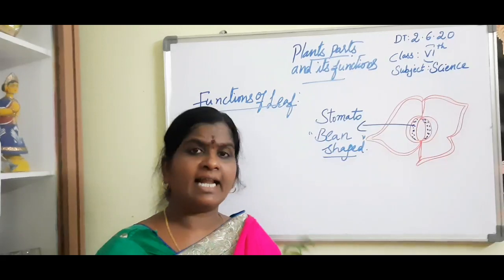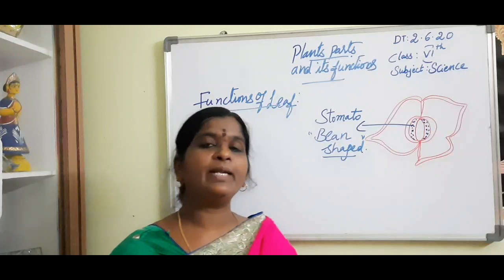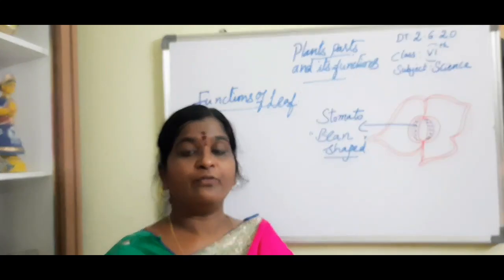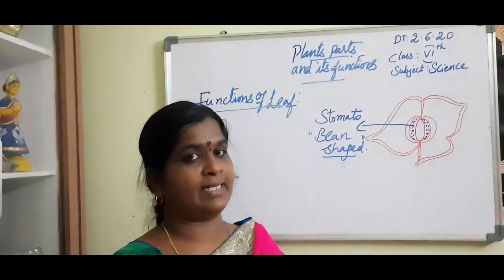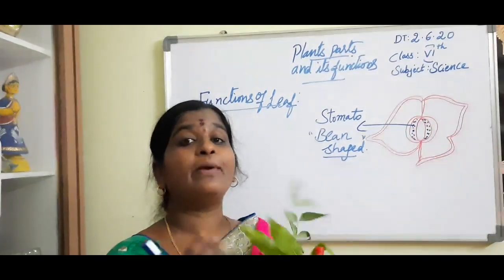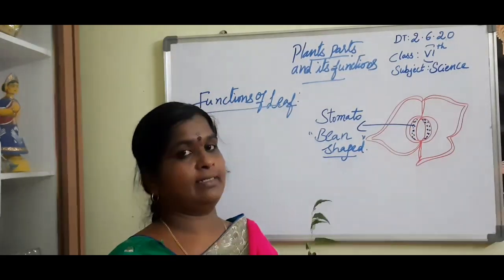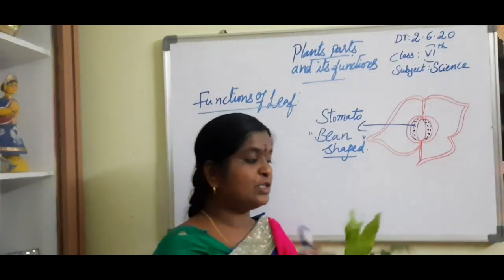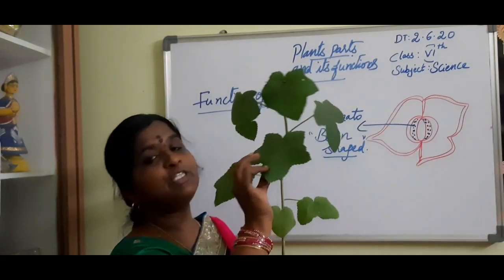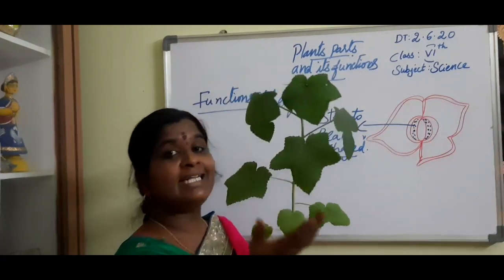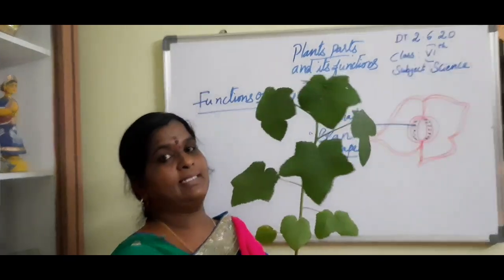Plants also breathe like us. Do you know, children? Plants also breathe like us. See how we breathe. We respire with the help of the nose and the lungs. Exchange of gases takes place. We take the important gas, oxygen, and we release carbon dioxide outside. So that carbon dioxide is consumed by whom, tell me? These plants. The plants consume the carbon dioxide and they release the oxygen which is required by human beings.